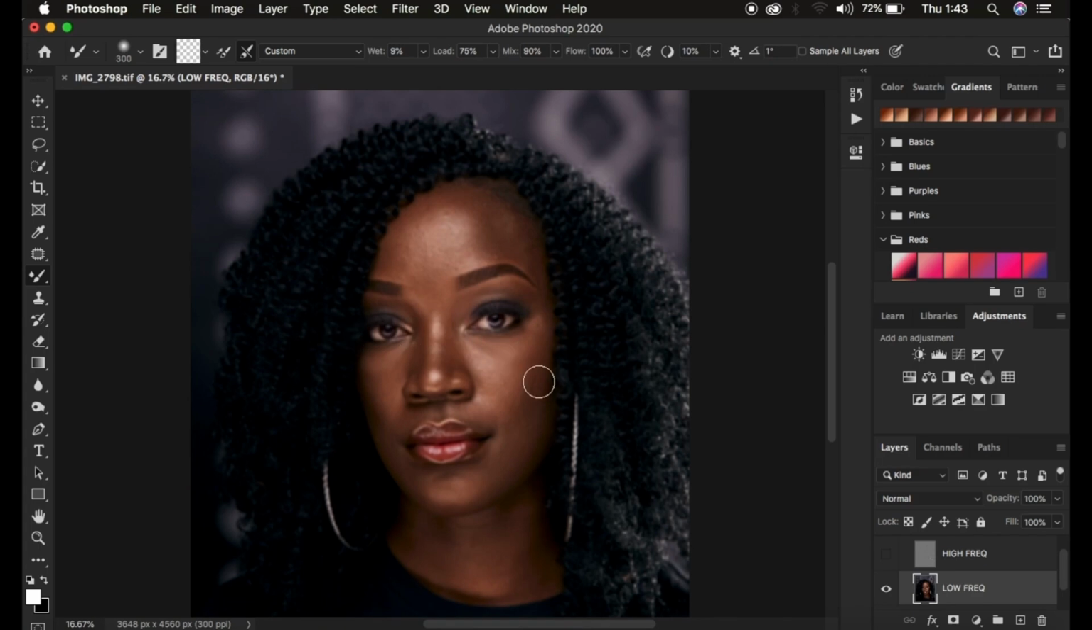Then as you're retouching, make sure you play around with different sizes of the mixer brush tool by using the open and close brackets on the keyboard, and that is going to decrease or increase the size of the mixer brush tool. So how to apply the mixer brush tool: you left click and hold down, and you mix